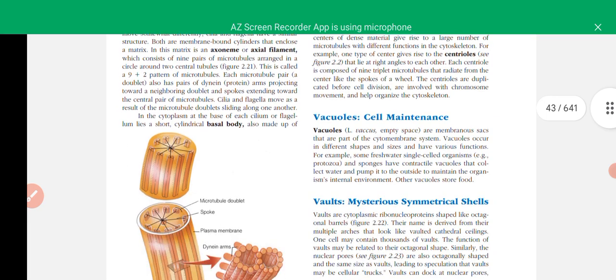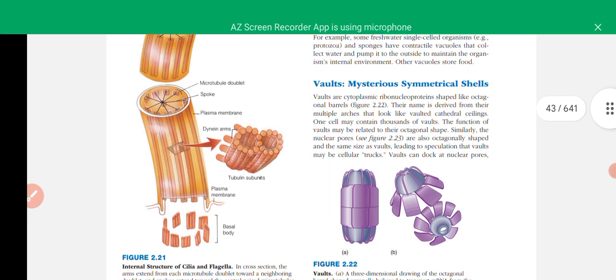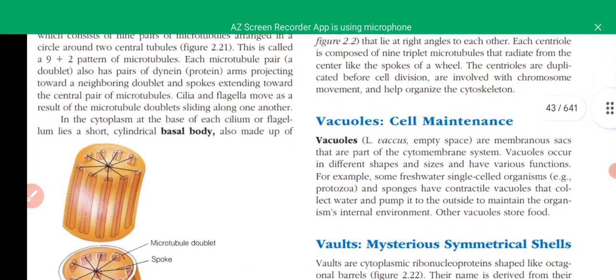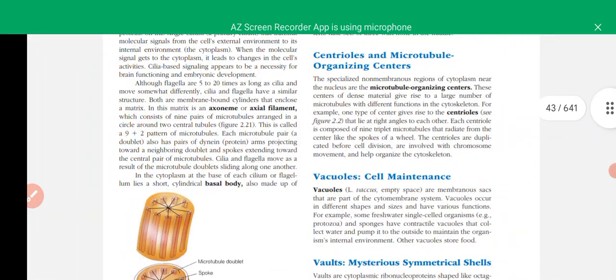So here was the structure of the basal body, the structure of the cilia and flagella, and their functions. Flagella help in the movement of material, like sperm,